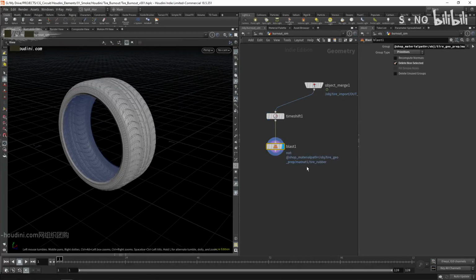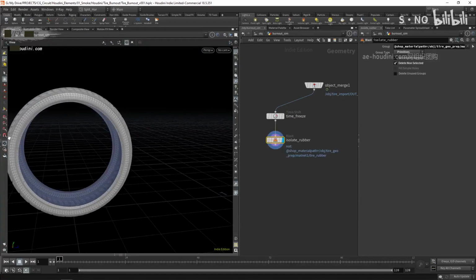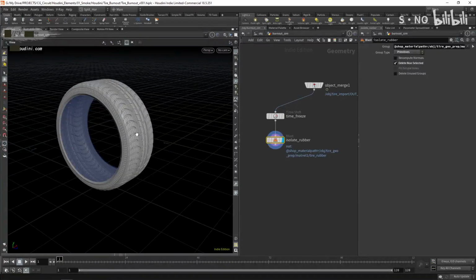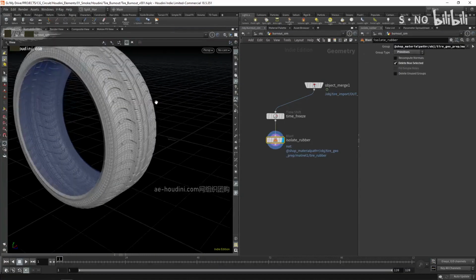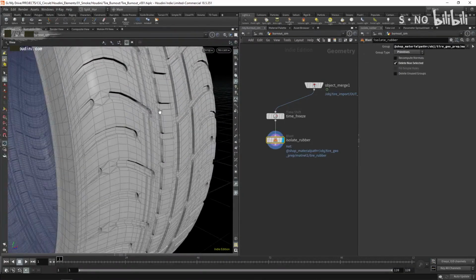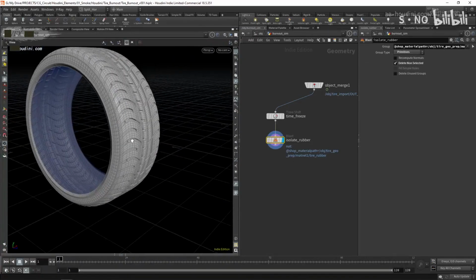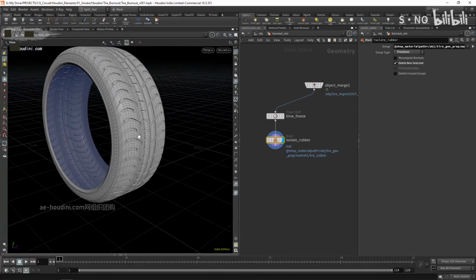Let's call this isolate rubber. Let's call this freeze time freeze. Out of this rubber, the primitives that we want, we don't need any of this on the side. We just need the areas that are in contact with the ground. And we don't even need these areas inside. As you can see, there's little details here, which are great, but we don't really need those because those aren't going to get into contact with